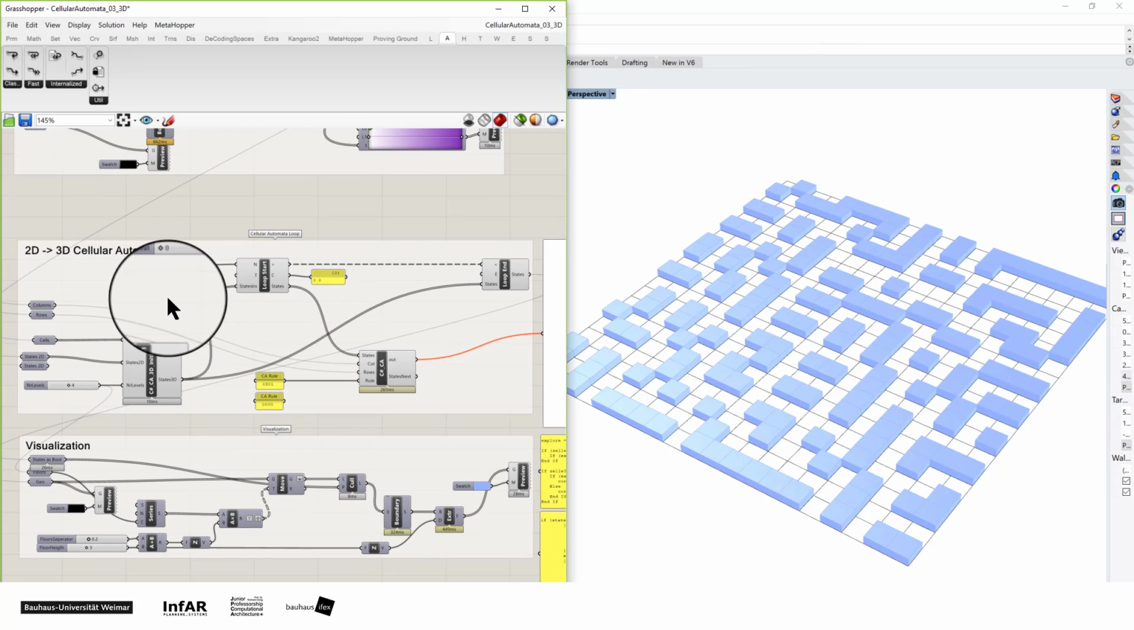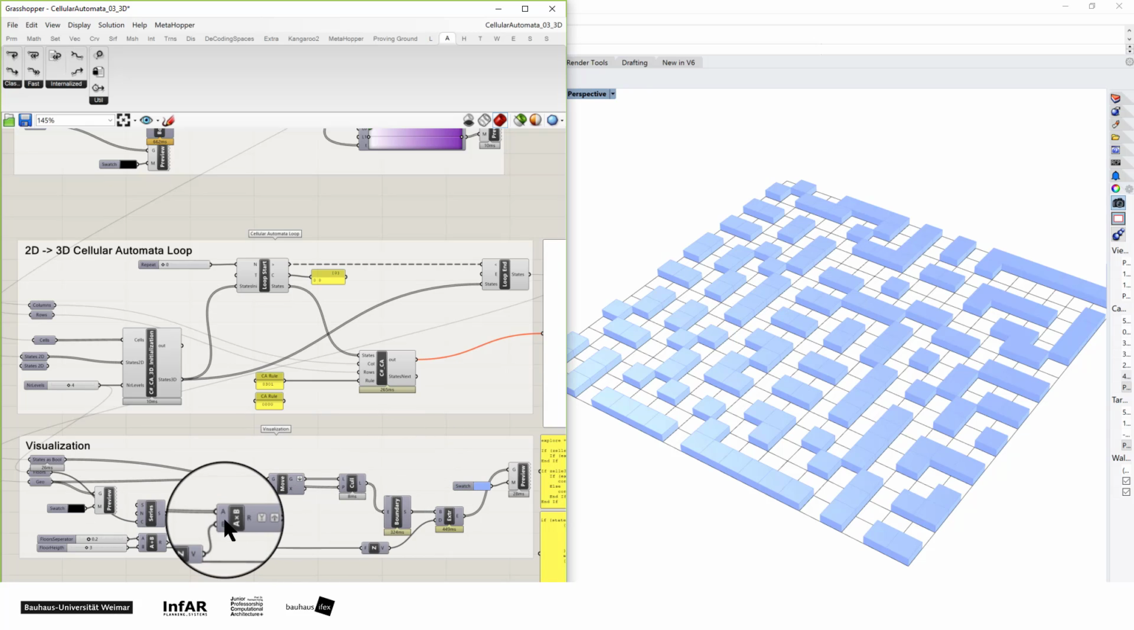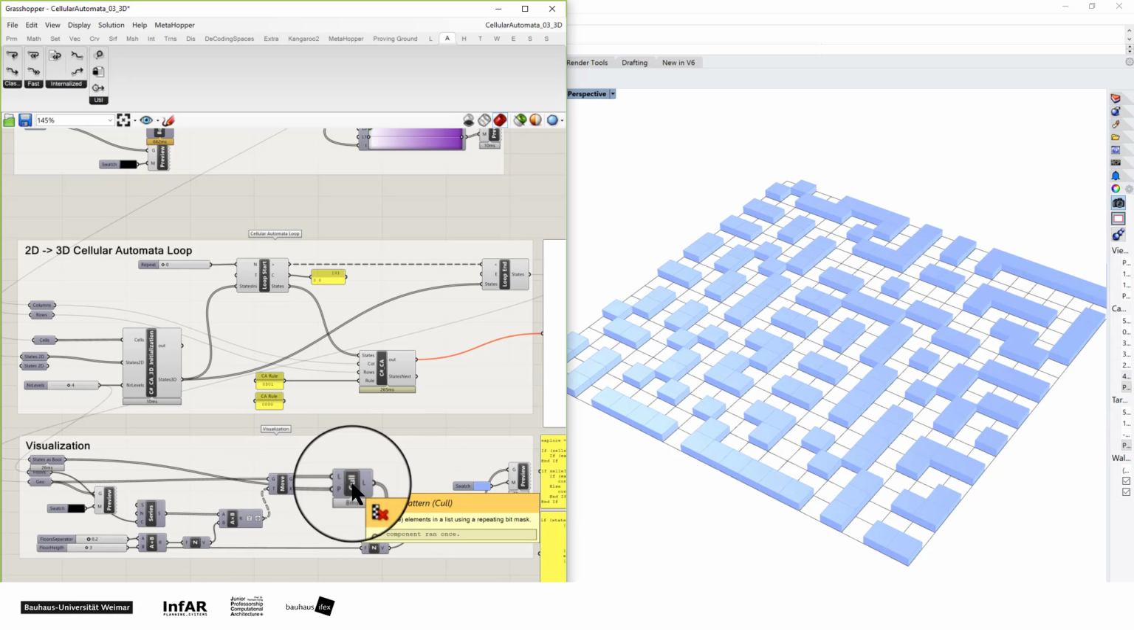Also the rest remains the same. There is not much changed. Here we just copied the same anemone loop, everything familiar. In the visualization I've used the part that was used for the extrusion of the 2D automata. We just use a different cull